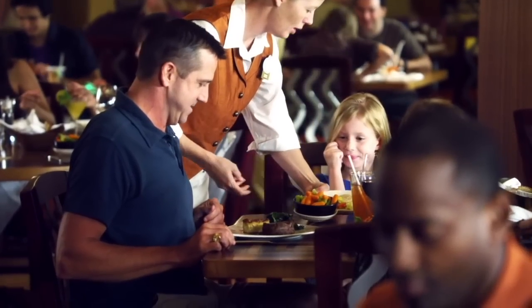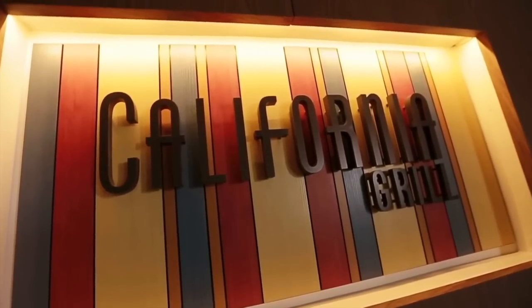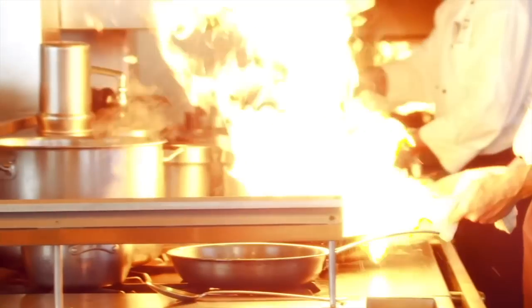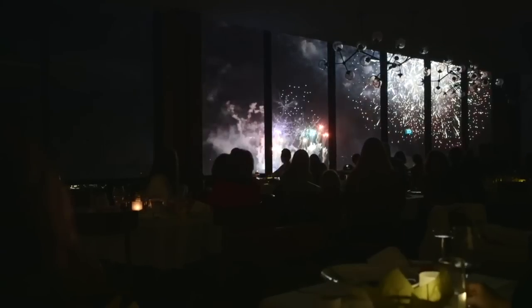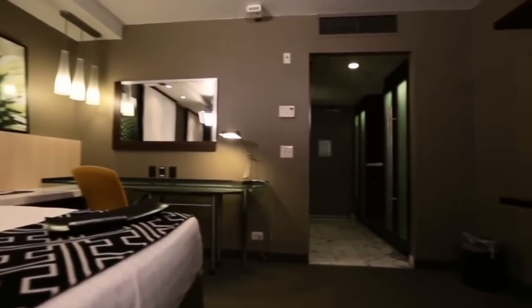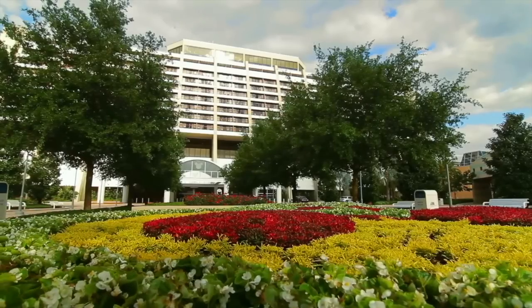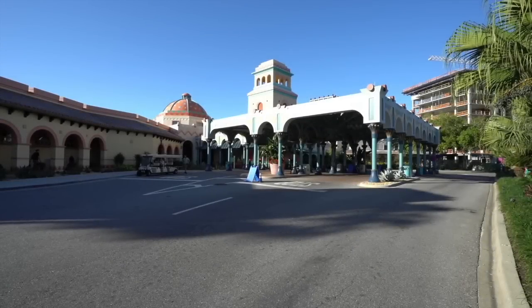The Contemporary has 10 dining options, including its signature restaurant, California Grill. Being so close to the Magic Kingdom, it can take some time to get to the other parks, especially Animal Kingdom. And as this is the most expensive hotel on property at $808 a night, another moderate resort up next,